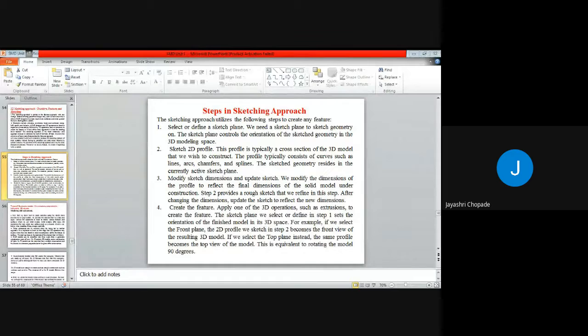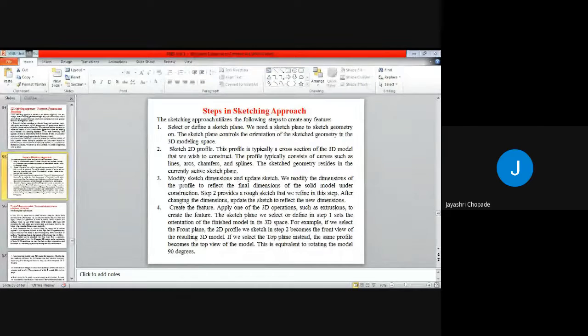It means your last or final sketch should be fully constrained. Once it is fully constrained, then you can convert it into the 3D. So that will be your basic requirement. Whatever changes you want to do, you can do initially. Then by providing the proper dimension, or by updating the sketch, you can decide that particular sketch will be the final.